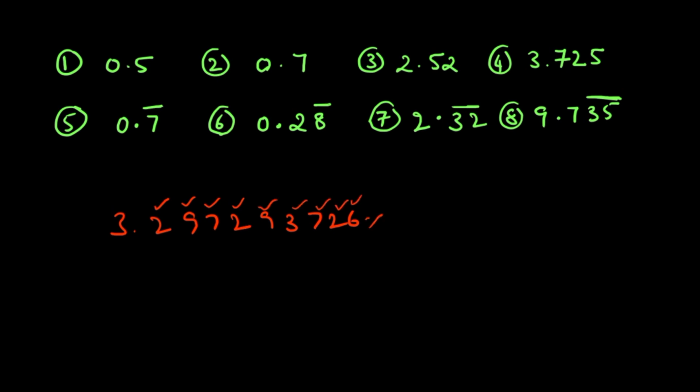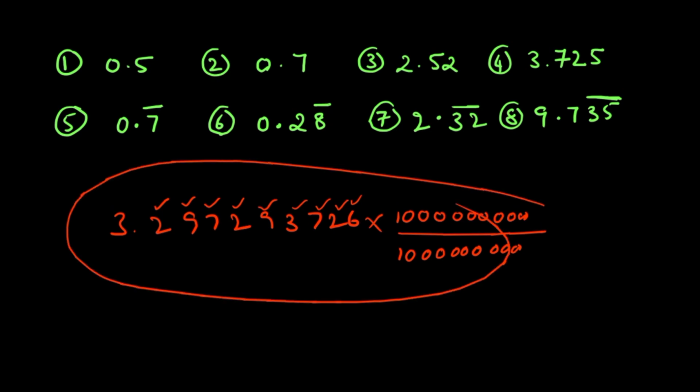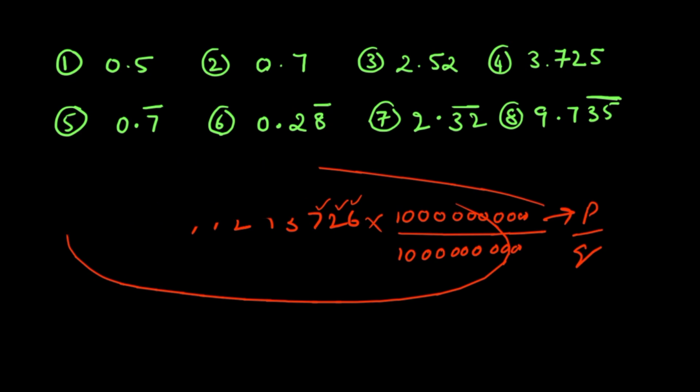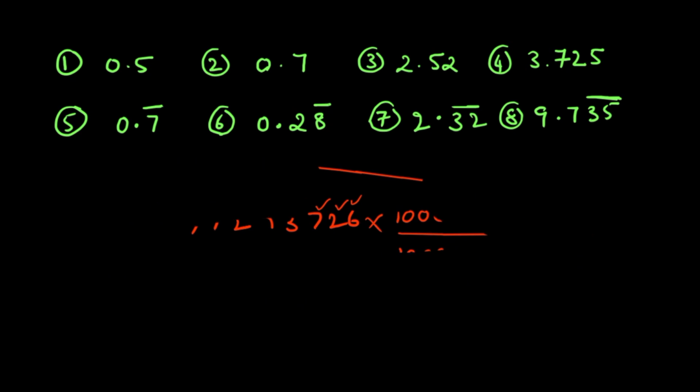That means by multiplying with 10 to the power 9, finally we get this also in fraction form, that means p by q form. But if there is a 'so on', like after this number there is a 'so on' as we discussed before, then in this case we can't write it in p by q form. So don't forget, non-terminating, non-recurring decimals cannot be written in the form of p by q. Such decimals are called irrational numbers.